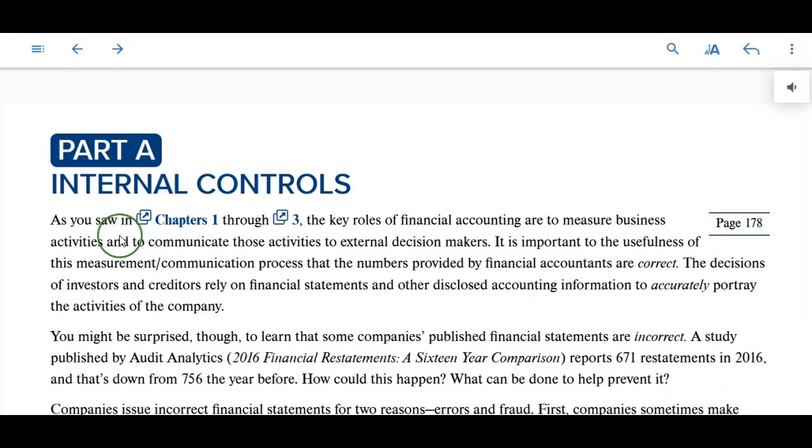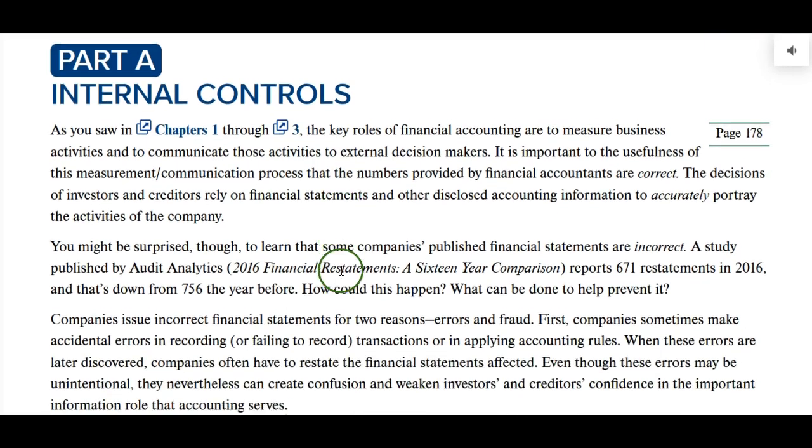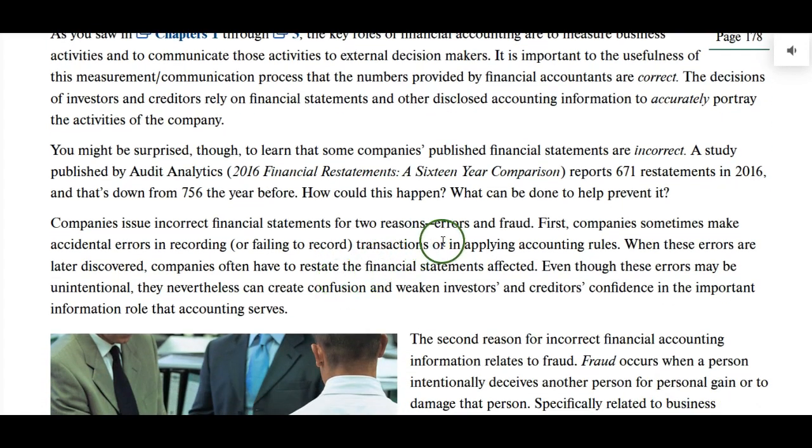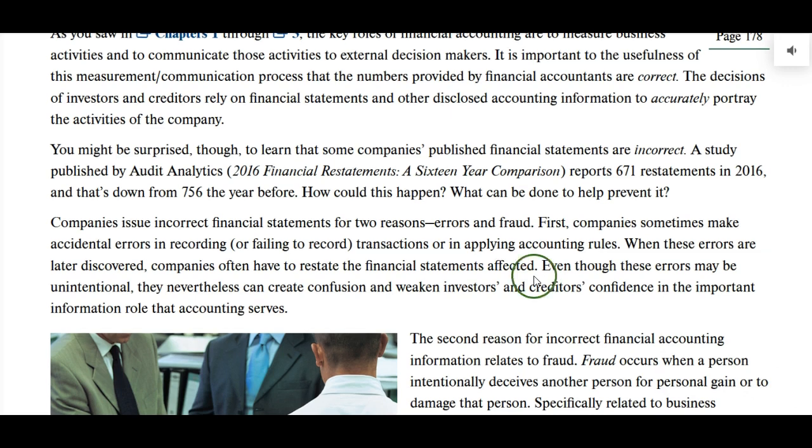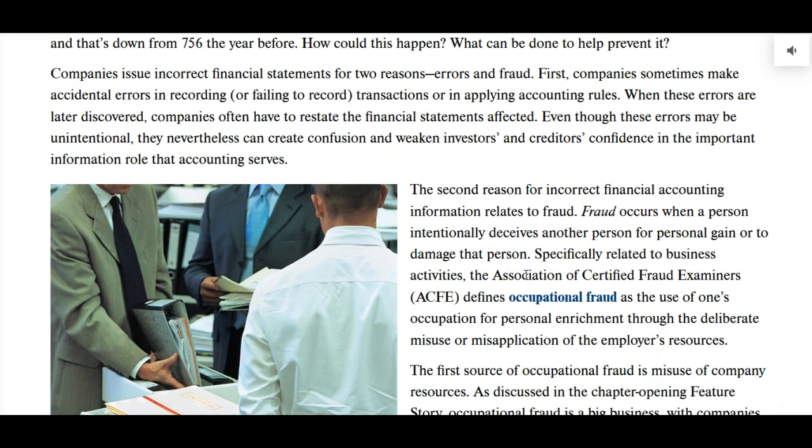The first part talks about internal controls. Now, our goal is to prepare accurate financial statements. Sometimes that doesn't happen. So as you read this part of the chapter, you'll see that sometimes errors are made. And if errors are made, then when they are identified, the statements will be corrected. Other reasons we don't have accurate financial statements will be because of fraud. Now, fraud will be intentional misrepresentation of the statements or just plain old stealing from the company by other people. Internal control is to prevent both of these, hopefully have accurate statements, avoid errors, but it's really concentrated on the